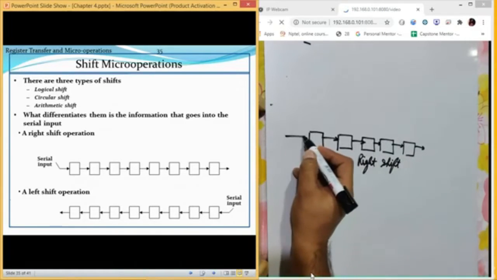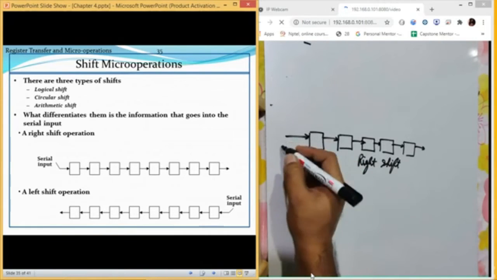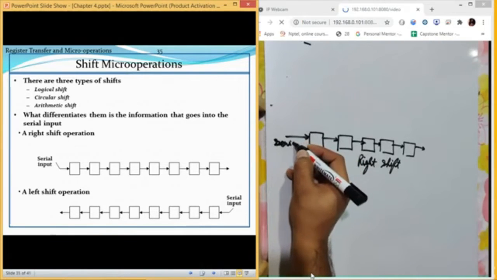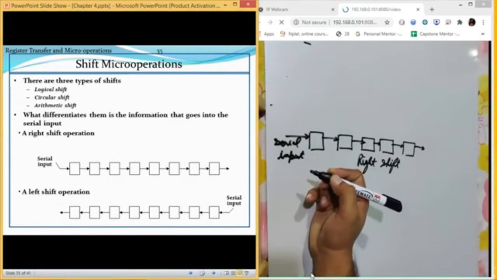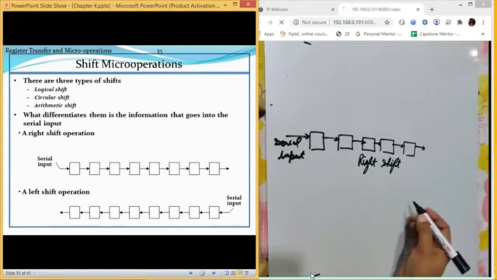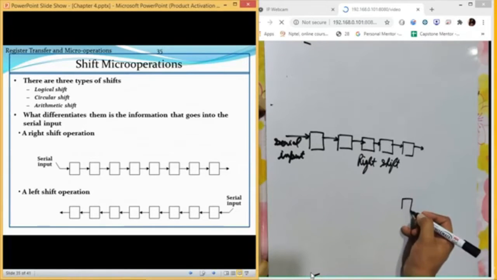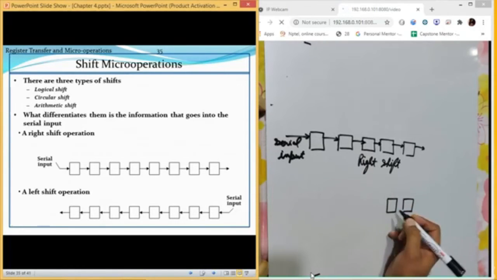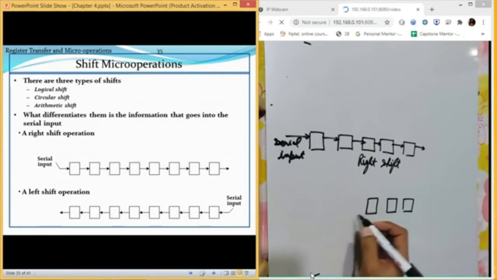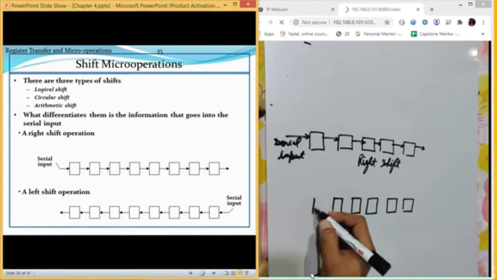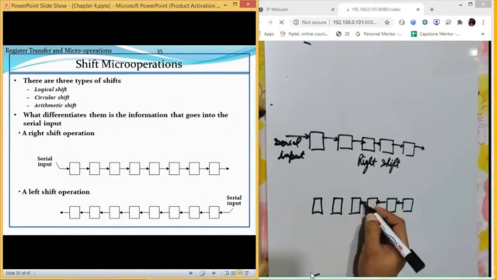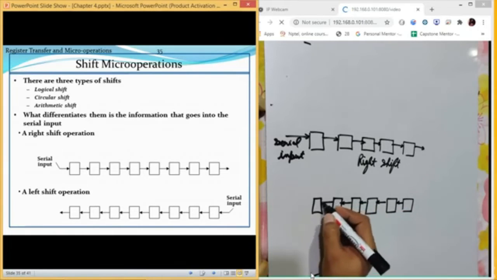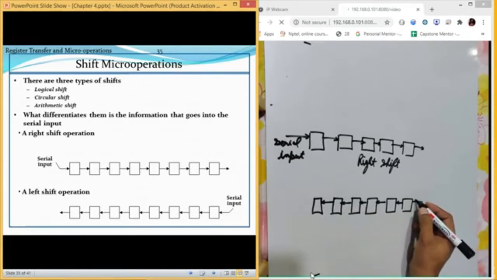In this case we are going to give the input at this place. So this is a serial input. Left shift is simply the opposite of it. The shifting will be from right to left.